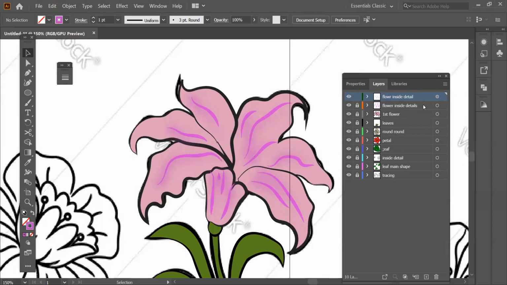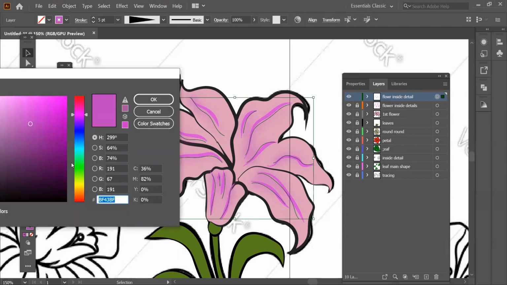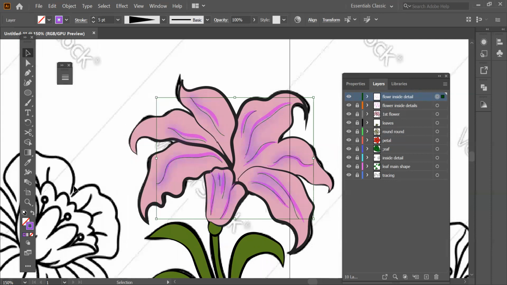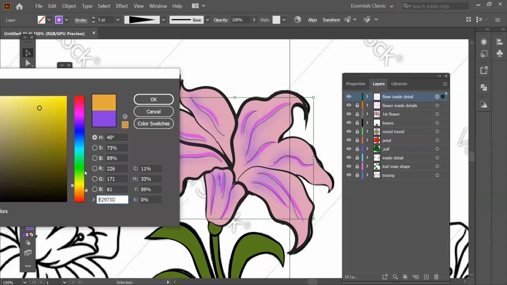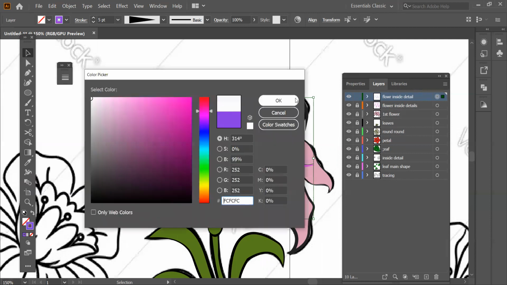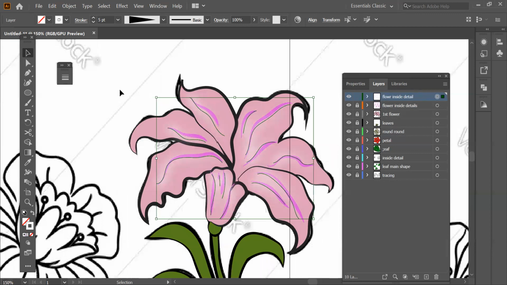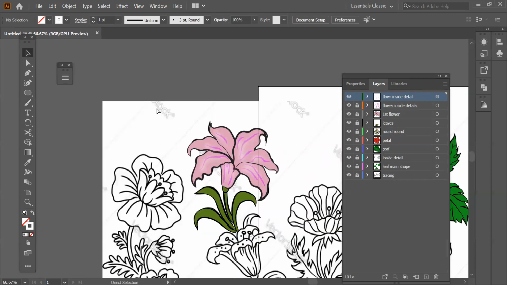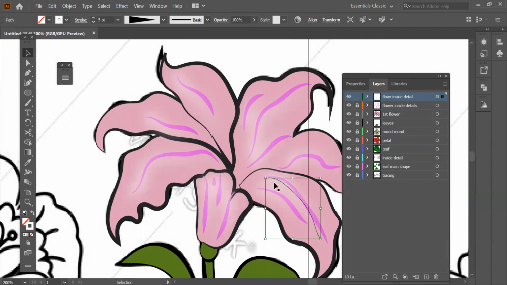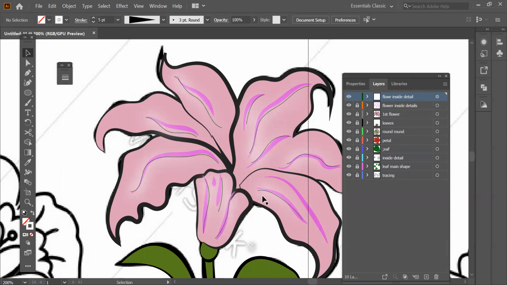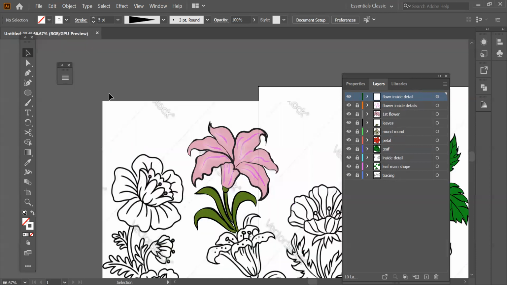So this is the benefit that you get when you do everything in a separate layer. You can easily edit it. Like let's try putting a different color. Now you can see that it has the blue glow. So I just wanted a little bit of whitish glow. So I'm just going to take the white color. Oh, okay. Now see. And I feel that this one is getting a little too much. So I'm just going to select it and delete it. This one also, delete it. And now this is done.